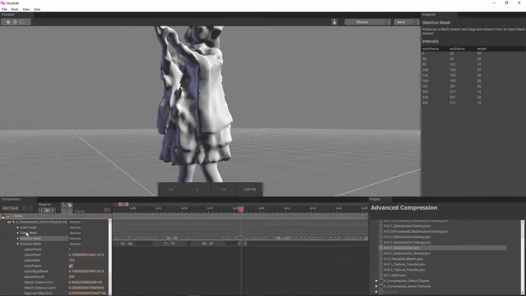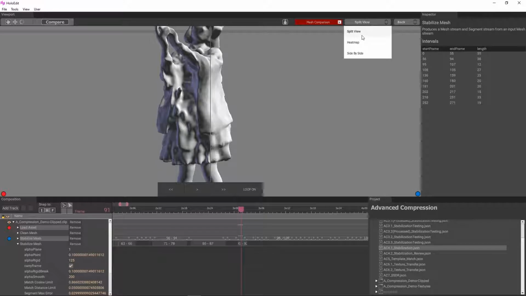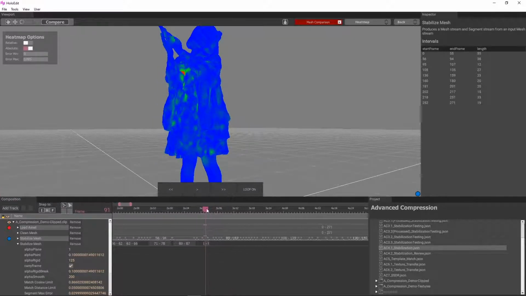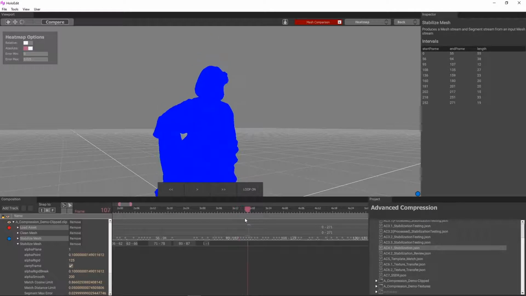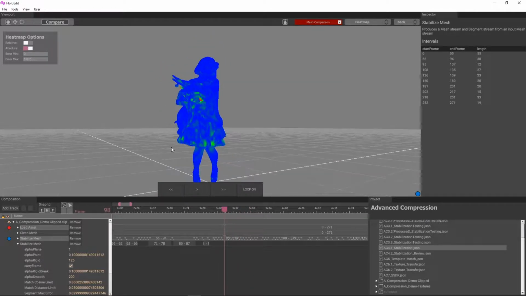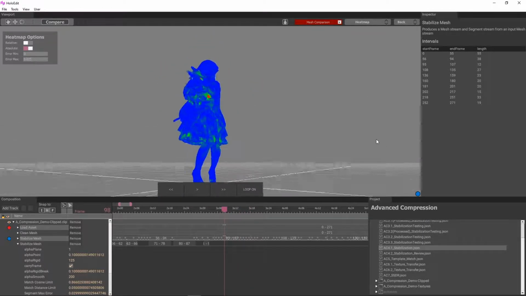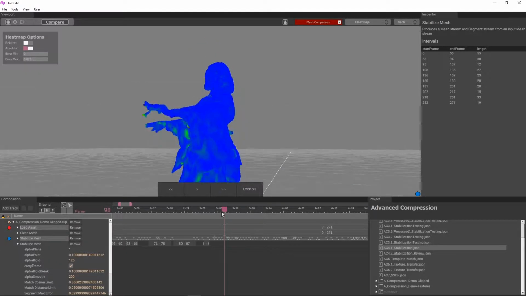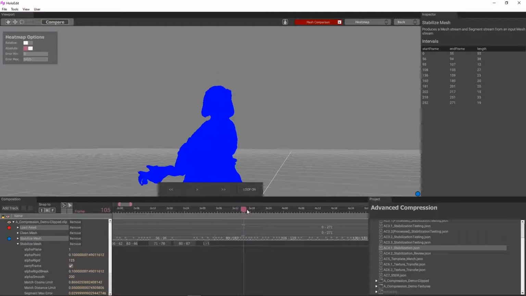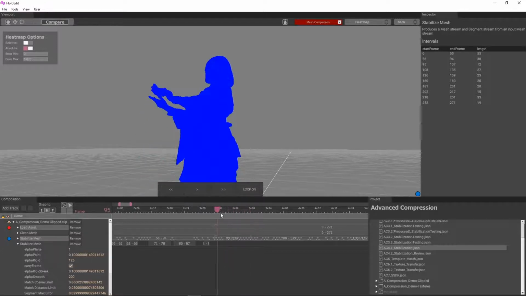Looking at the interval containing frames 95 to 107, we're really starting to see smaller segment sizes as a result of the lowered segment max error. Frame 98 is the only frame in this interval that has any red in the heat map, and it's both in a hard to notice place and likely not to cause problems during texture transfer, so we can leave this